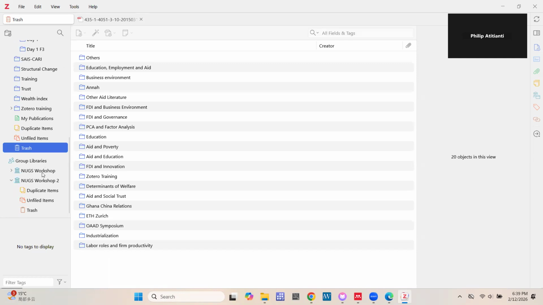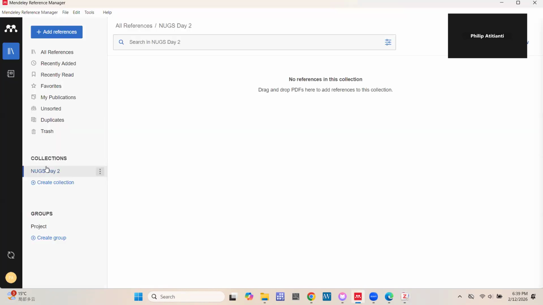Here, you only create it when you want to create a collaborative group where other people can access the files there. Do you get the difference? For Mendeley, the folder, we call it collection. So I'm not using create group, I'm using create collection. Is that clear? You should see collection and you see groups. They are two different things.